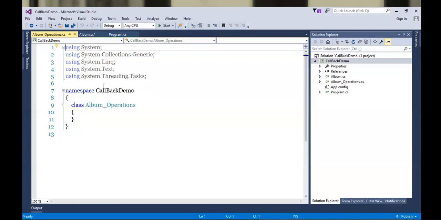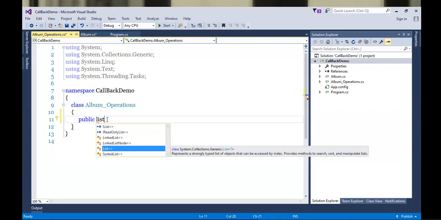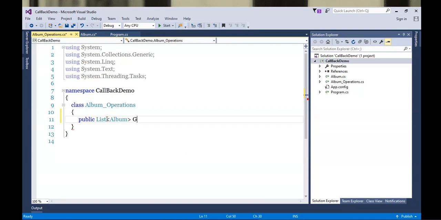Let's start creating this. Firstly, I require a list. So I will write a method here which will return me a list of albums. Get album list.